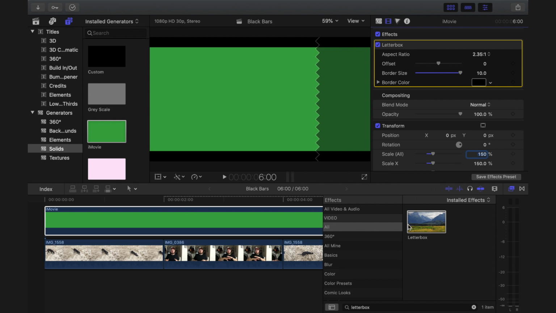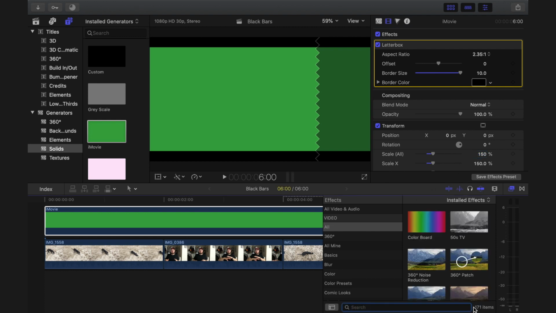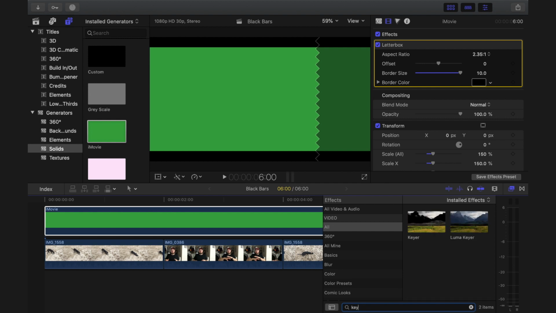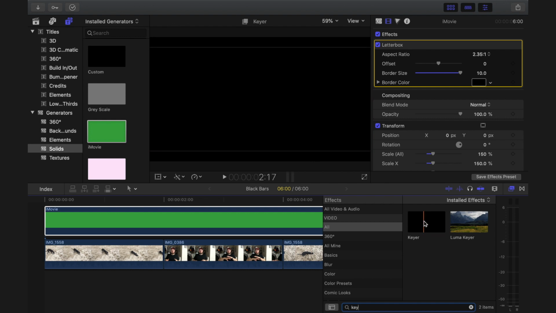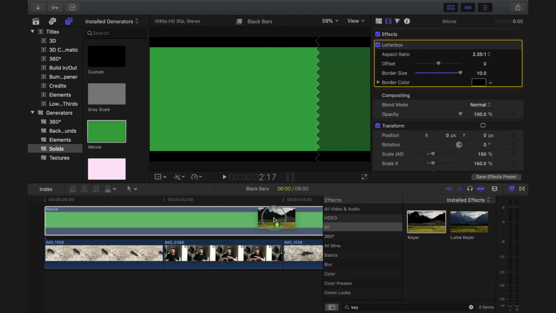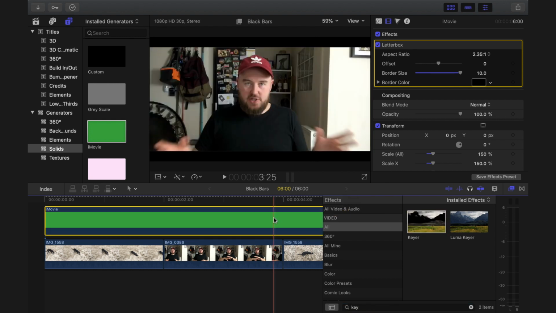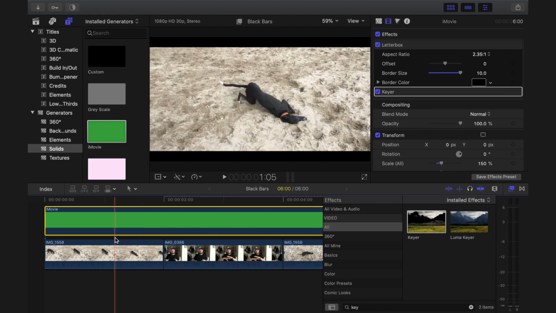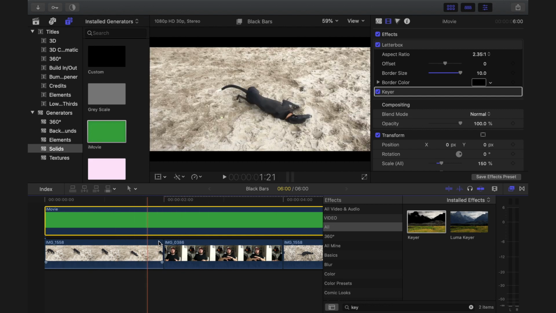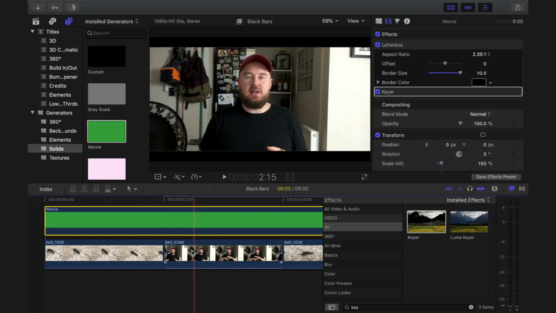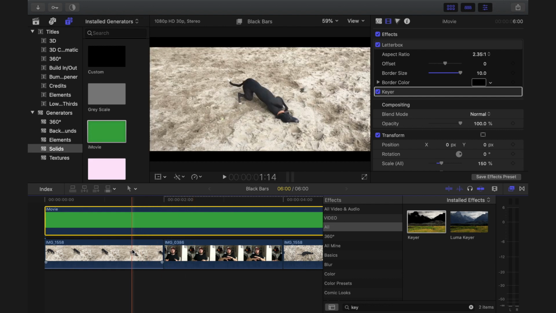So to do that, you want to come back down to the bottom right hand side, get rid of the letterbox that you've typed, and next type in key, K-E-Y. Find this keyer effect, drag that on top of the green generator, and that gets rid of the green. That's essentially it. That's all you need to do to get those black bars across the whole project. And you can see as I scrub now across the whole timeline, the black bars stay consistent no matter if the clips change. If I press play,